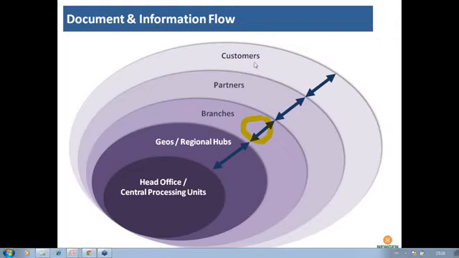So we need to capture the document at the source itself, which is either from a customer or from a direct selling agent or from the branch itself, and it should not go physically from these places to the head office or the central processing units. So why we are saying so is that, for example, if the customer is visiting any branch or location, we should be able to scan the documents properly at the branch itself, and it should go through a system to the centralized processing unit for further processing. So that scanning should also be in a distributed mode but intelligent.